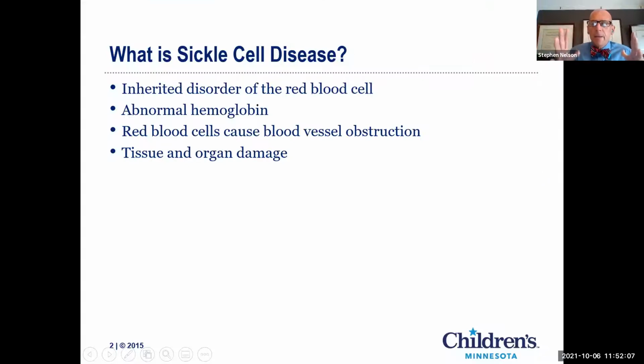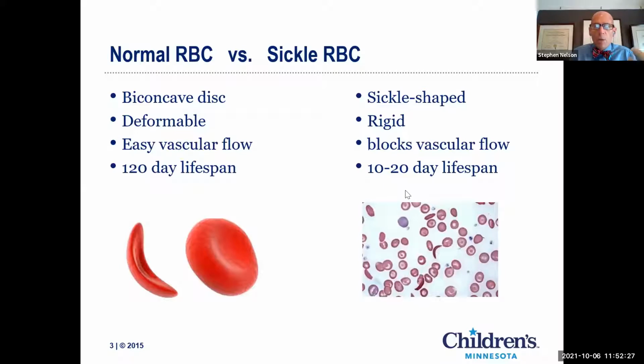So first, just a brief overview. What is sickle cell disease? It's an inherited disorder of the red blood cell. Red blood cells have hemoglobin in them, and that's what carries oxygen to the body. The red cells have an abnormal shape, so they plug up blood vessels, and that can lead to tissue and organ damage. I think it's important to review this a little bit so that we know what our options are